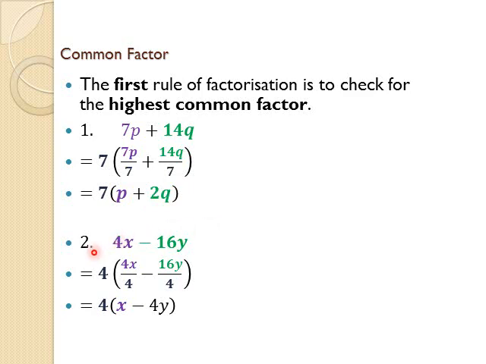Right, if you look at problem number 2, just another basic one. I have 4x minus 16y. X and y is not the same variable, therefore no common factor for the variables. But they have 4 and 16, 4 divides in itself, and 4 can divide in 16. So there, if I take out 4 as a common factor, I say 4x divided by 4 minus 16y divided by 4. So 4x divided by 4 gives me x, 16y divided by 4 gives me 4y, and the negative sign simply stays. So that's the basics of taking out the common factor,